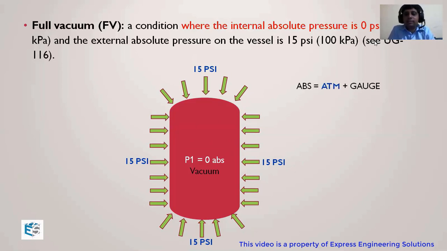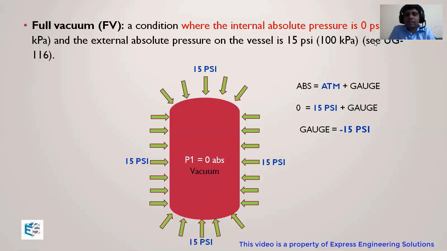Now, absolute pressure is nothing but the total pressure, which is the atmospheric plus gauge pressure, or gauge pressure is absolute minus atmospheric pressure. So let's put in the values for this full vacuum condition. Absolute pressure inside is how much? Zero. Outside it is 15 psi plus gauge pressure. If I place a gauge on a vacuum condition, it will show a negative value. It is usually not expressed like minus 15. It will be in mm of Hg or some other units in which vacuum is calculated and measured. 760 mm of Hg comes closest to the full vacuum condition.